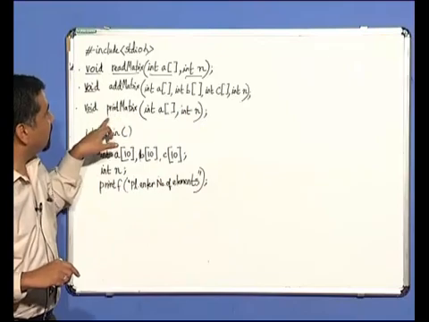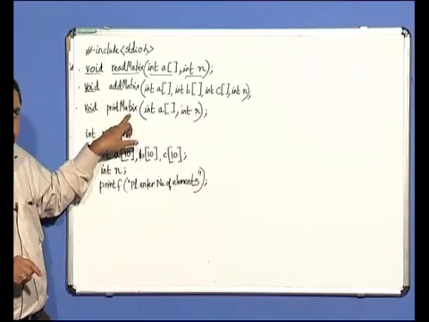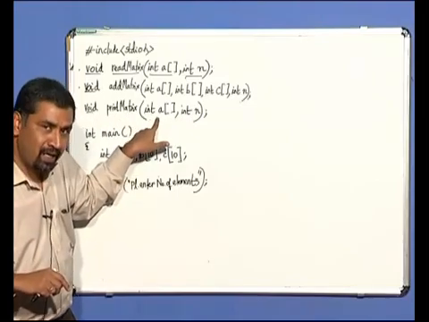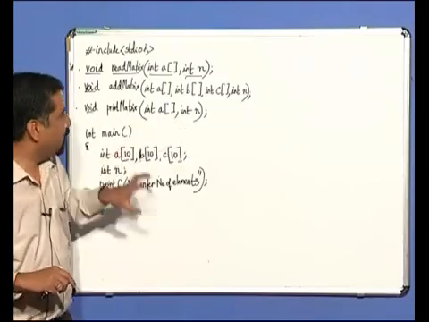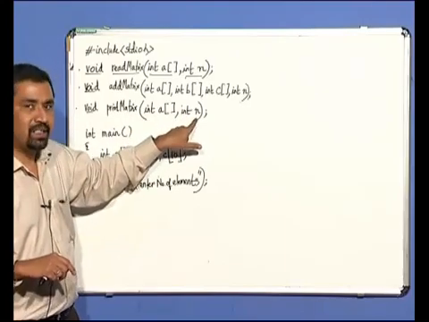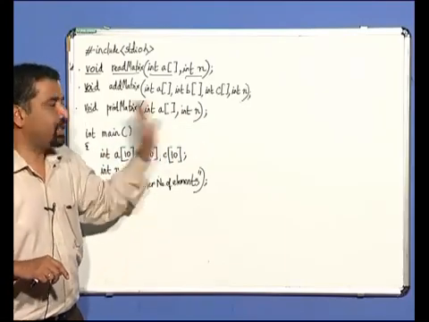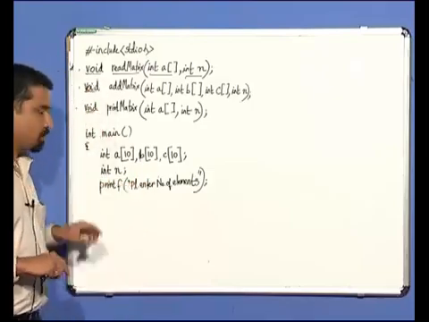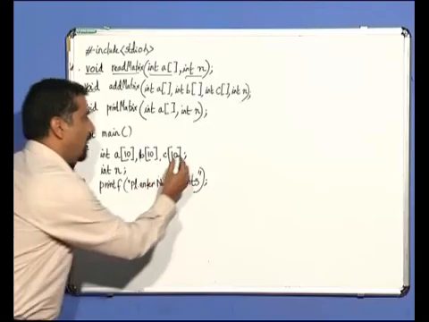And I have designed the third function as print matrix. It again receives 2 arguments, one array and one n. The values that it has to print will be contained in this array, and knowing how many elements are there, it is going to use a for loop to print the values. As simple as that. So now let us see the main function, in which again as usual I have declared